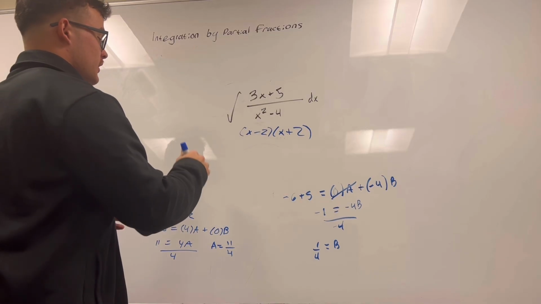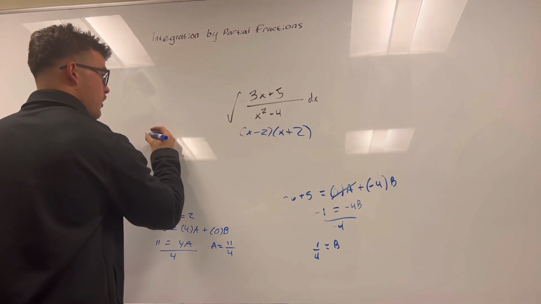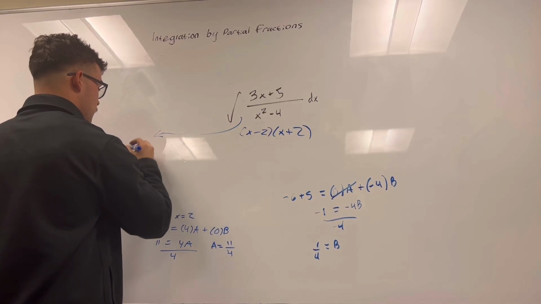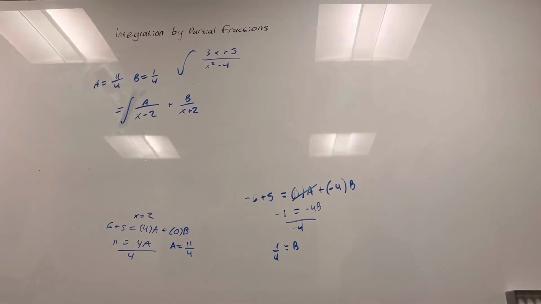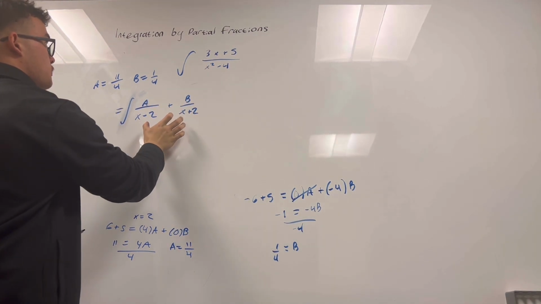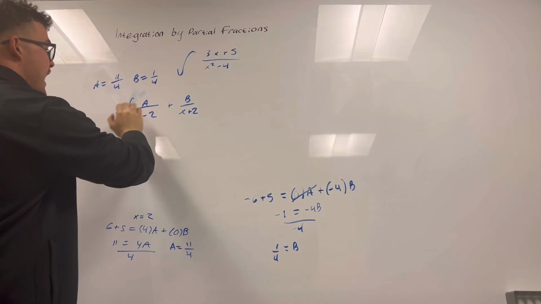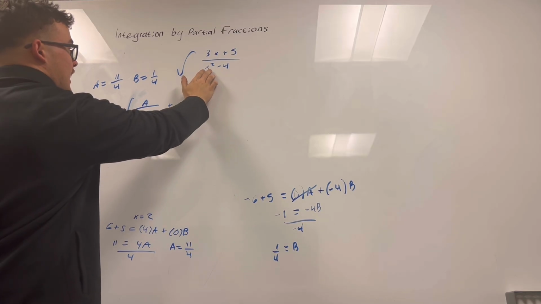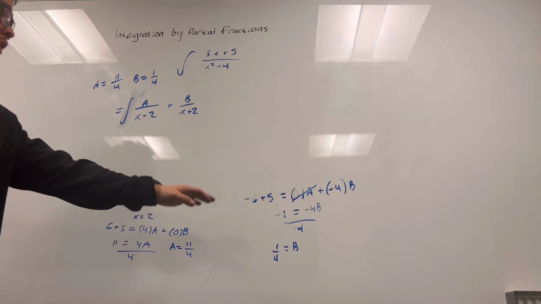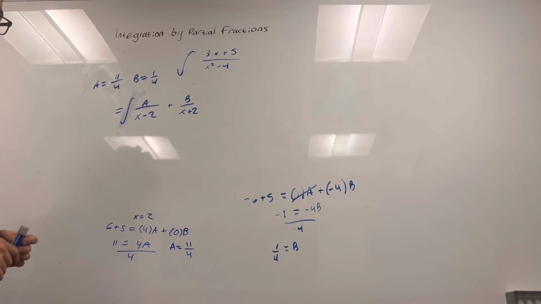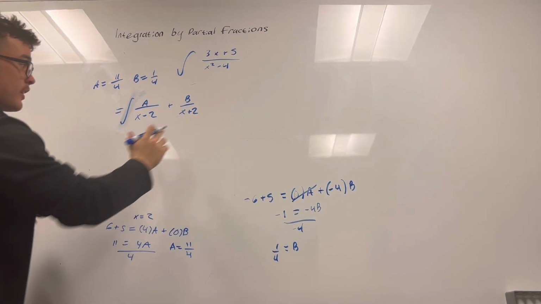So now we just go back. I did erase it, so I'm gonna rewrite it. This right here is gonna be equal to a over x. All right, I'm sorry about that. So we turn this rational function, split it up with partial fractions, into a over x minus 2 plus b over x plus 2, where these two denominators are just the factors of x squared minus 4. And down here we solve for both a and b, where a is 11 over 4 and b is 1 over 4. So now I think we're ready to integrate,